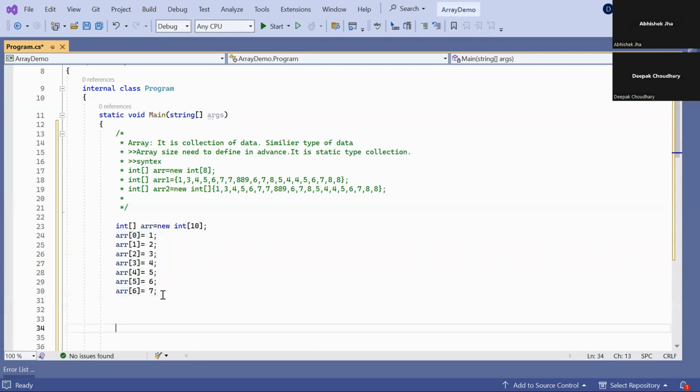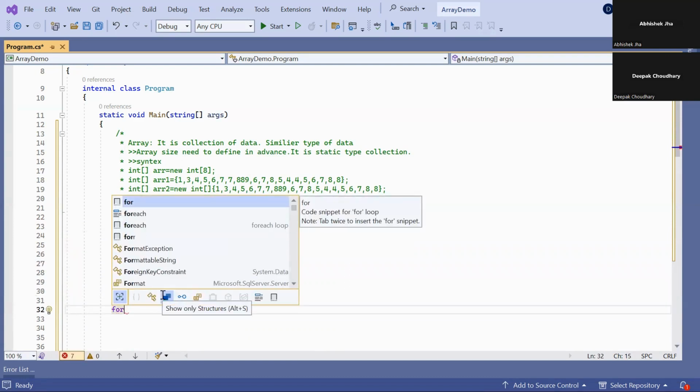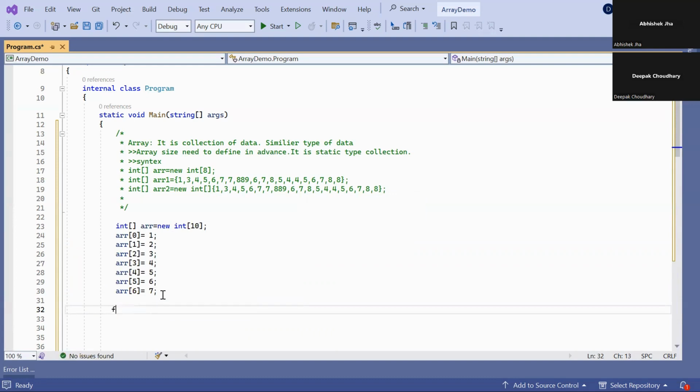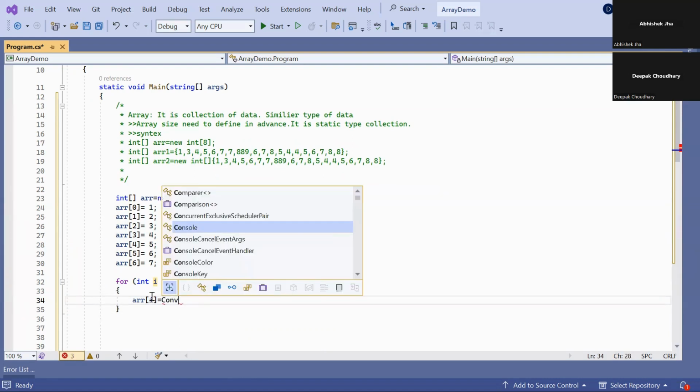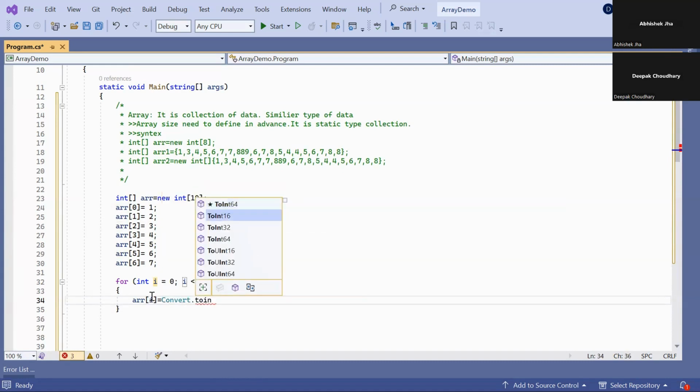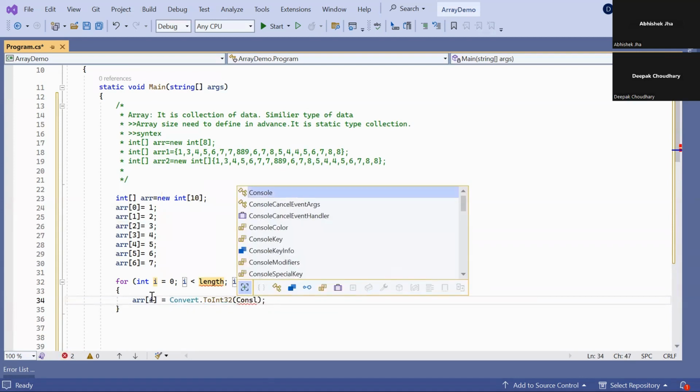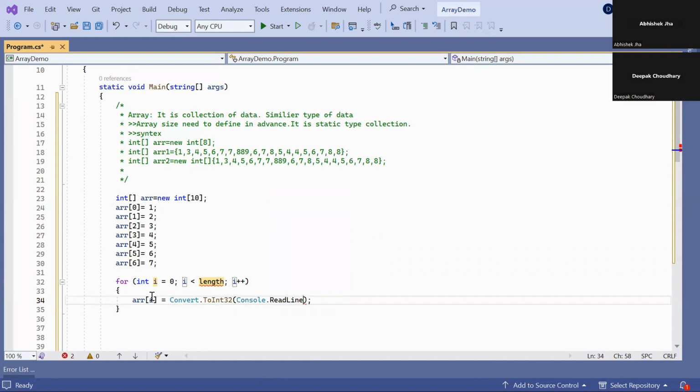Another way, instead of assigning elements one by one into that array, the best way is, why not assign the values through a loop. So for the array index i, if you assign some dynamic value, then you can use Convert.ToInt32 with Console.ReadLine.